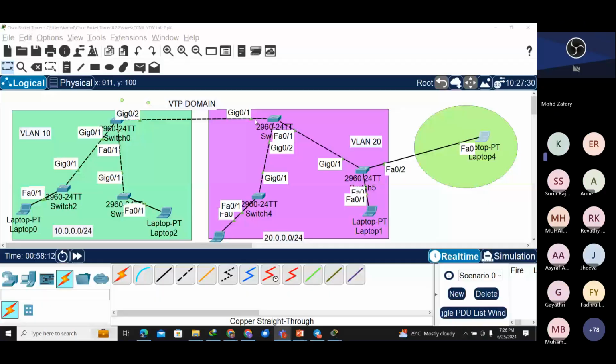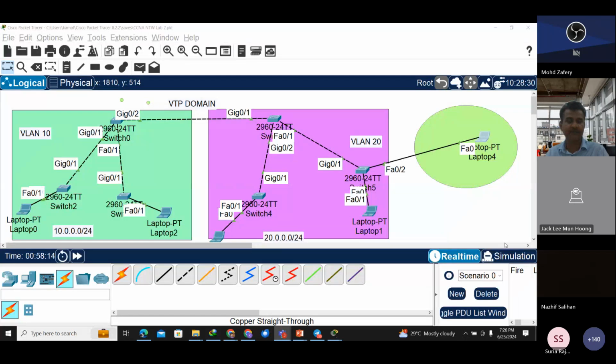We are starting from the beginning. Basically, today what we have looked at is VLAN configuration. So what I did on the switch and the bottom here, laptop on the switch 2 here, I